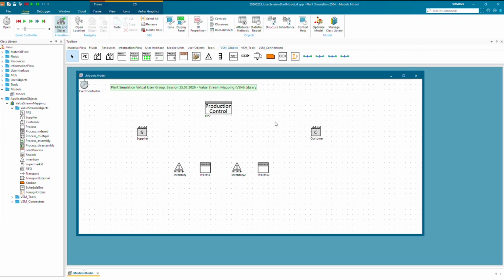Creating a first material flow would then need the connectors here on the top left. There are different connectors for different purposes, to indicate the difference between the material flow, for example, and the information flow. Starting from the supplier, you would connect it the same as basic objects, also holding control.